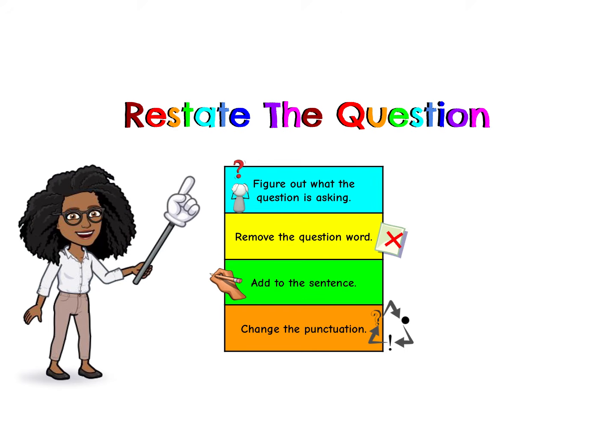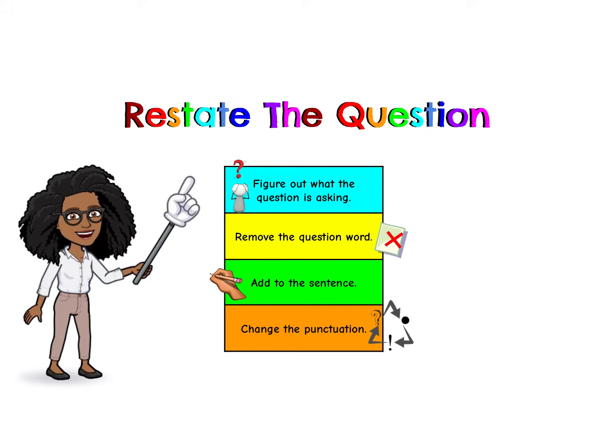Once you have figured out what the question is asking, you want to remove the question word. Sometimes there will be more than one. If there are more than one question words, remove all of the question words. Next, we're going to add to the sentence. This is where we're going to make sure that the sentence sounds like a complete thought and not just a